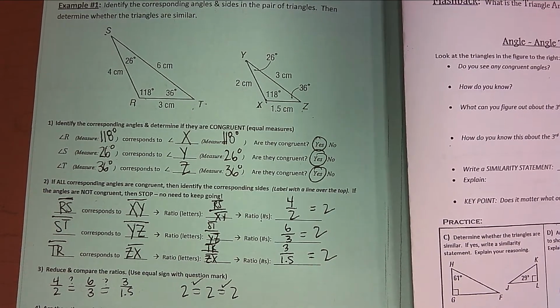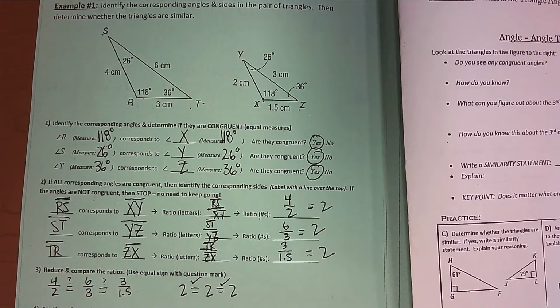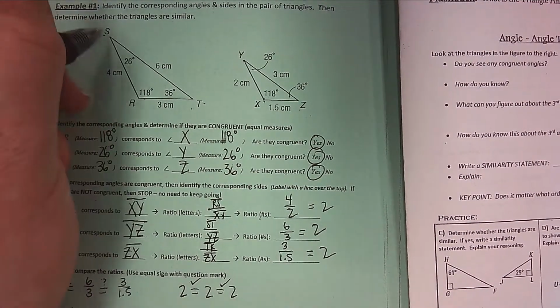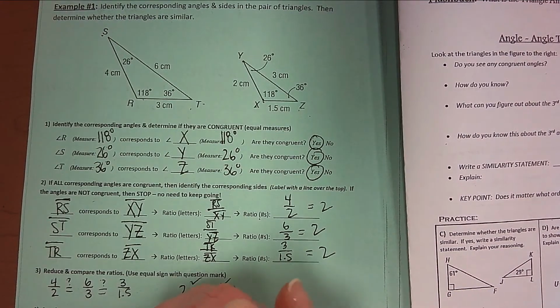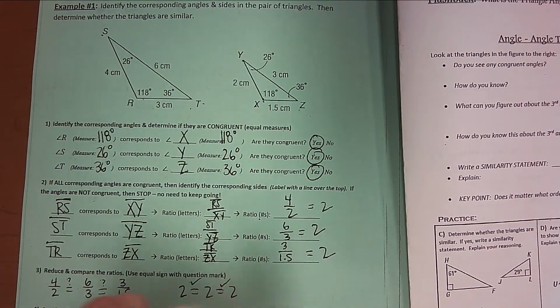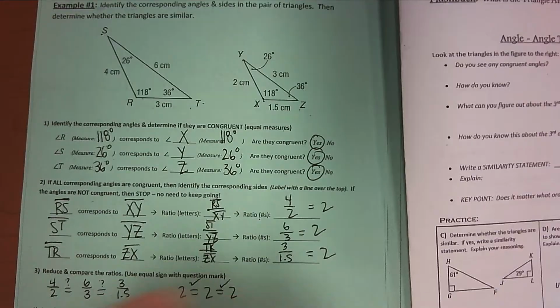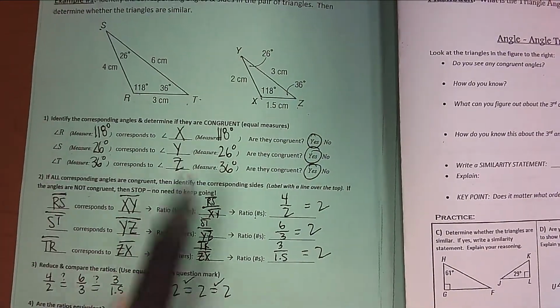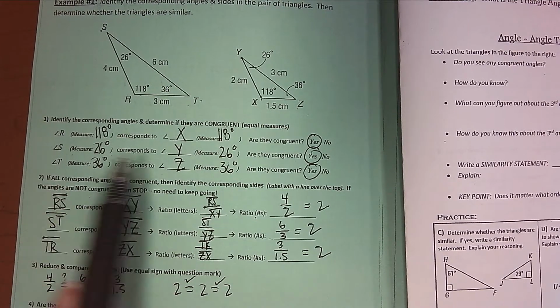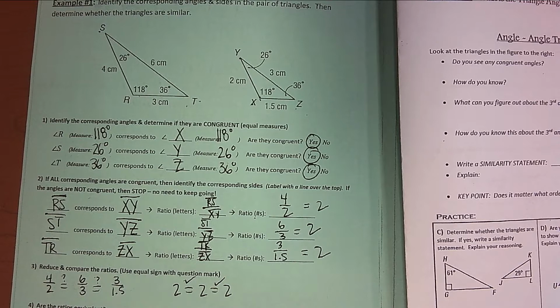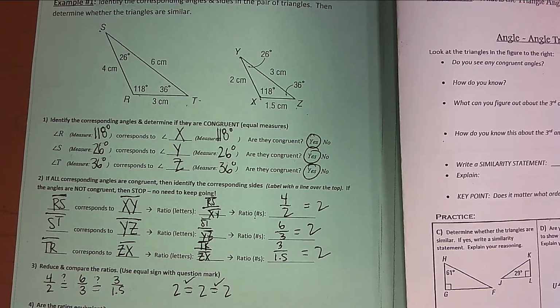Write a similarity statement. Remember that order matters. So we're going to say that triangle RST is similar to triangle XYZ. Remember that R and X correspond, so they're first. S and Y correspond, so they're second. And T and Z correspond, and so they're both last. And then number